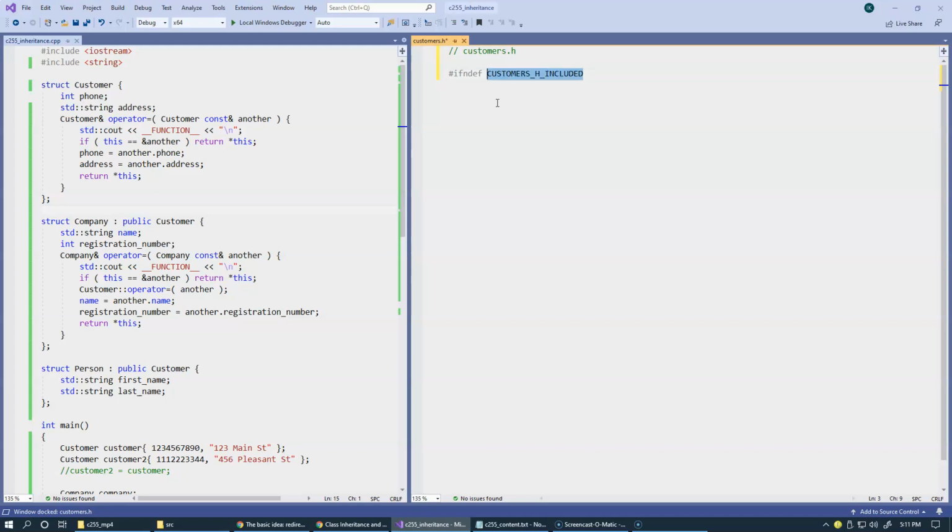Shift Control U selects the entire word, and you can make it uppercase, and then define this macro, right? And then of course it needs to have an end if, and under end if we conclude this header guard,